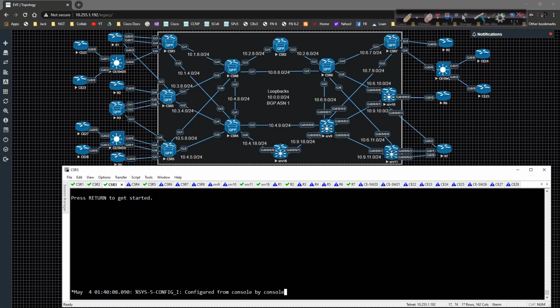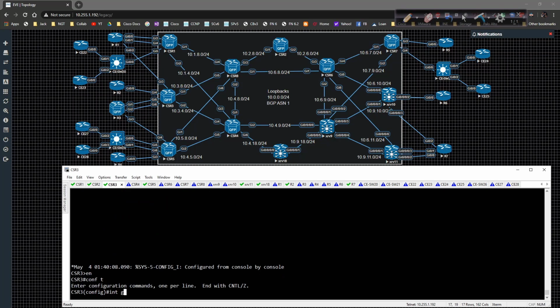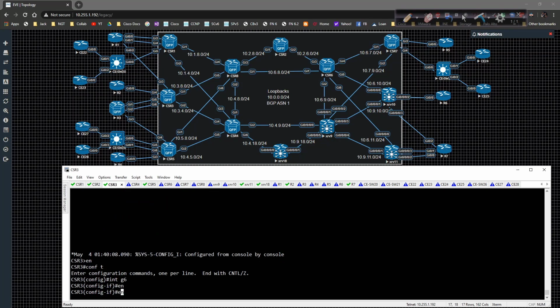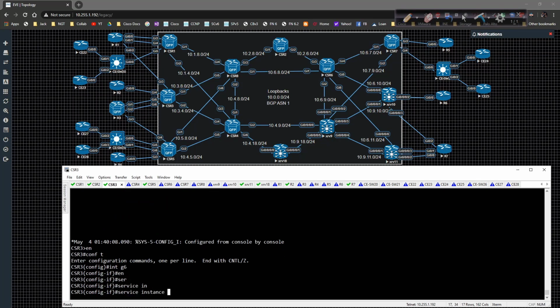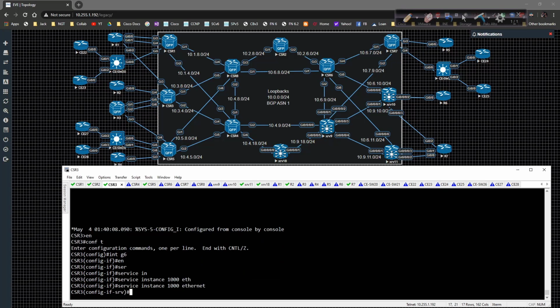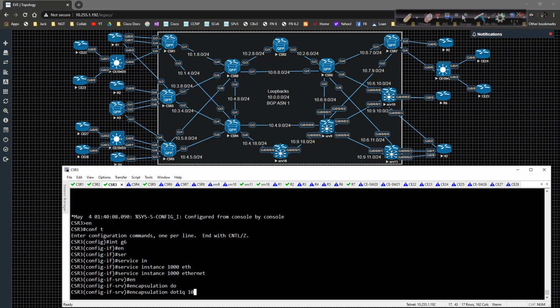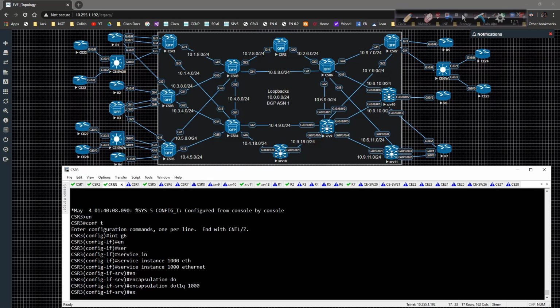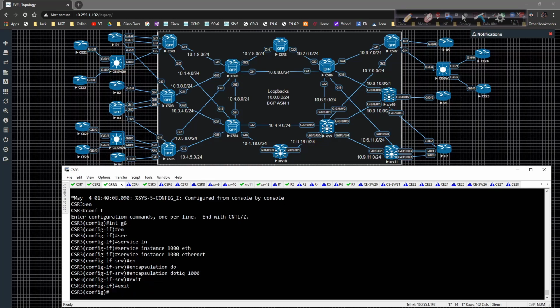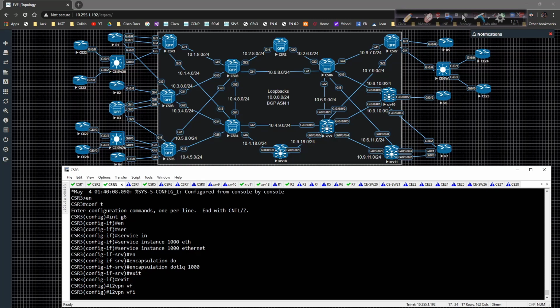So on 3, we're going to do the same thing. Interface gig 6, service instance 1000 Ethernet, and then encapsulation dot1Q 1000, and we're going to jump out of here, and then we're going to type in the L2VFI, and we're going to say here it's going to be